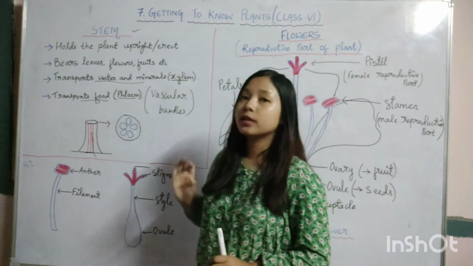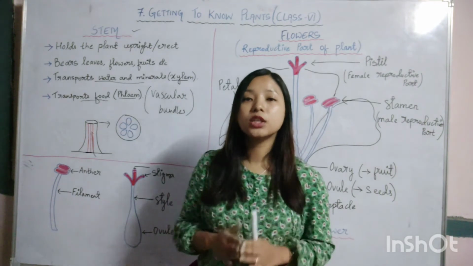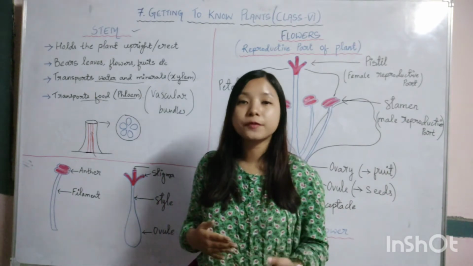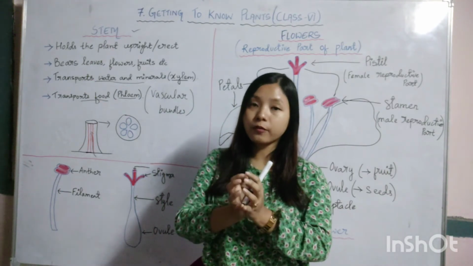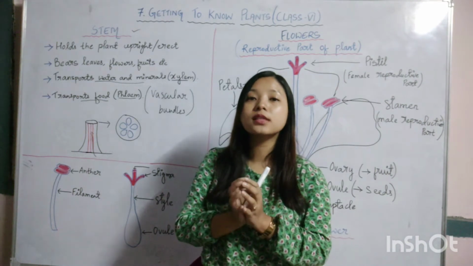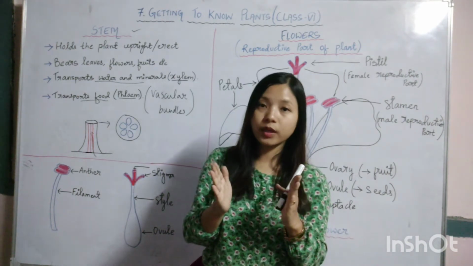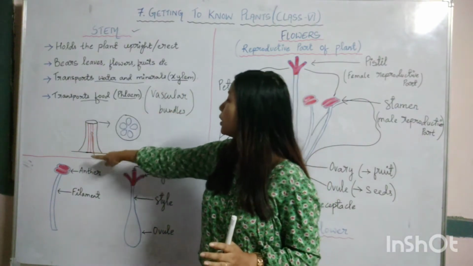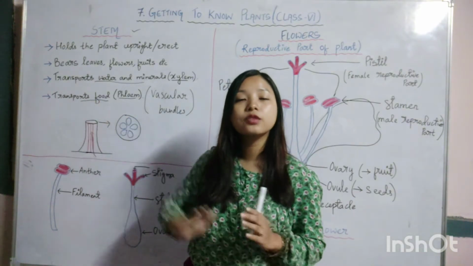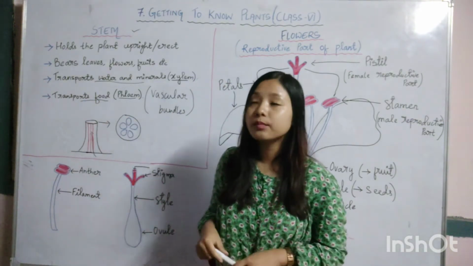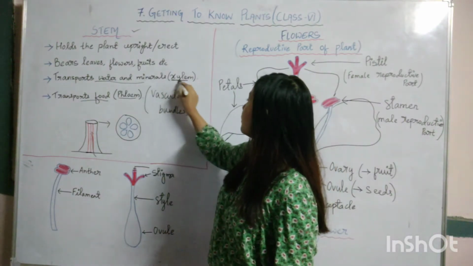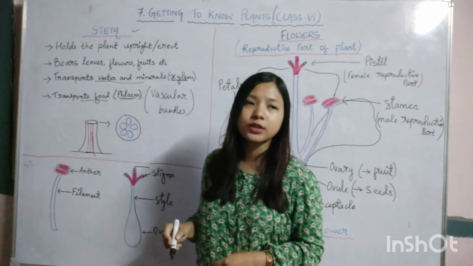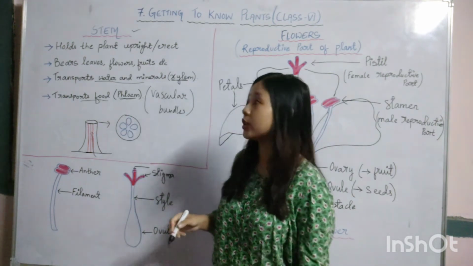So xylem and phloem are two different tissues. That means they are comprised of different types of cells. A bunch of cells performing a similar function are known as tissues. Here xylem and phloem both are present in the stem and reach all the other parts of the plant. The xylem and phloem are tube-like or pipe-like structures, so they help in the transportation.